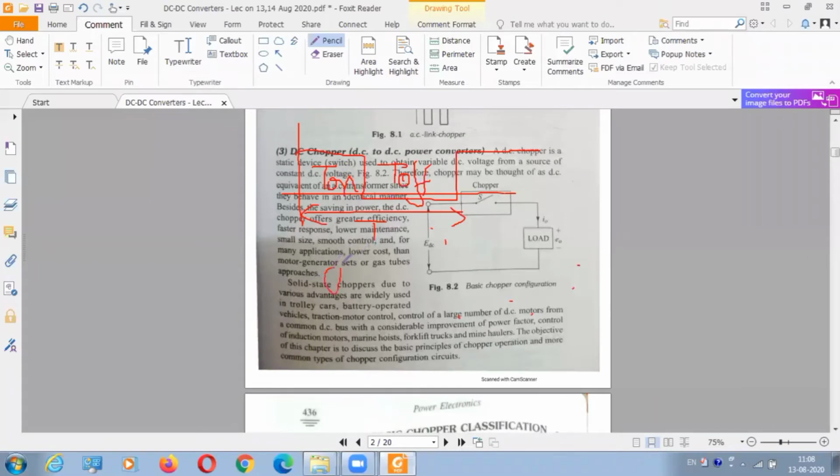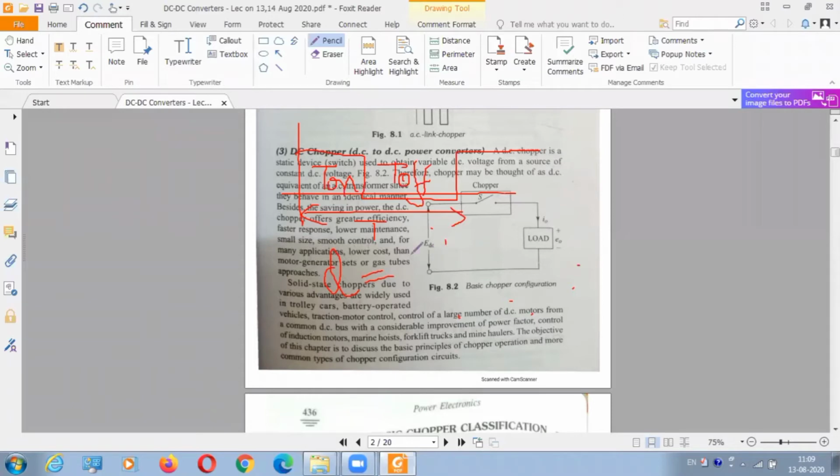Then another term comes here: duty cycle. You will see many books have written duty cycle. Here, a clock can also be used instead of a chopper; there is no problem. But since we are doing power electronics circuits, we are going for power electronics. You can use an astable or monostable multivibrator, the 555 timer you studied, but those cannot handle high power. Power electronics deals with high power only. That's the main advantage.